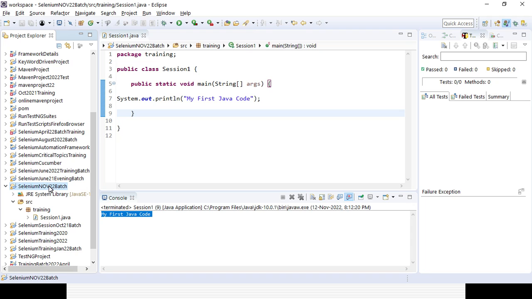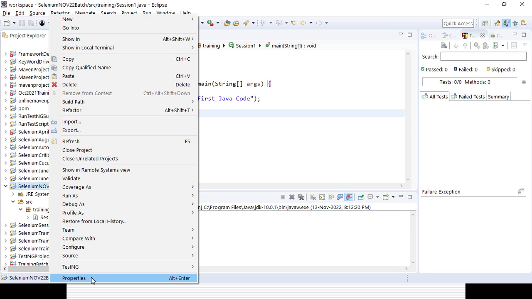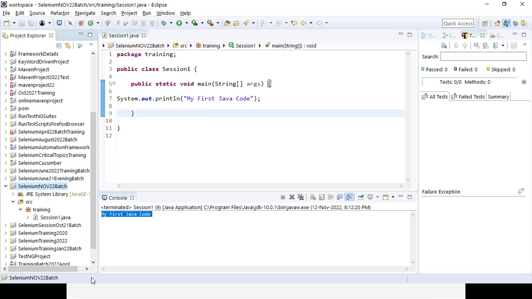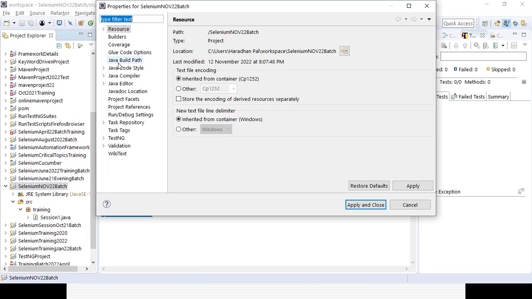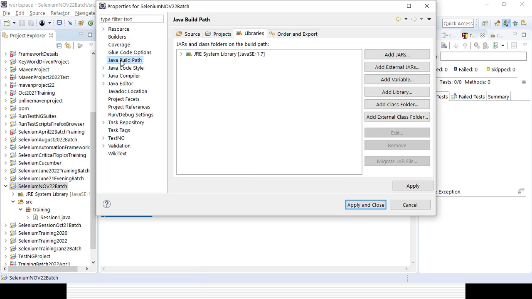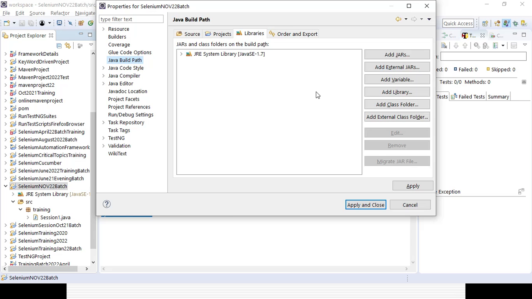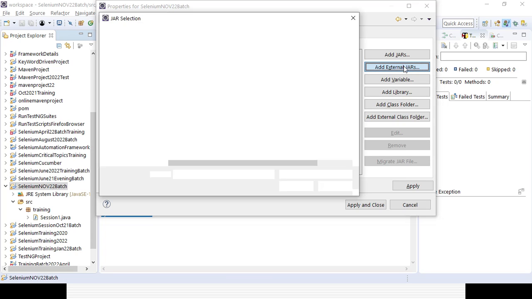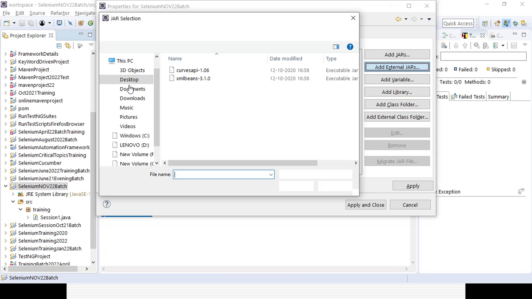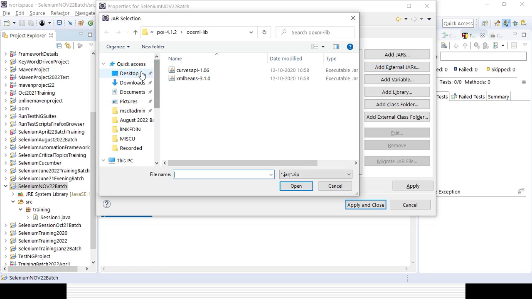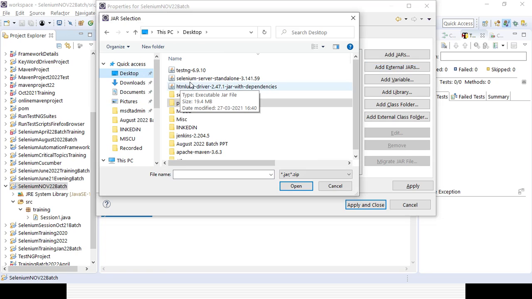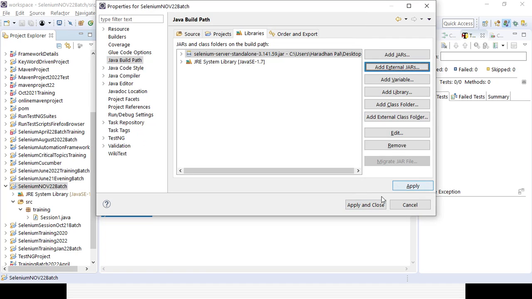Select the project, right click here, go to the properties, go to the Java build path. Okay, you no need to worry, it's already there. You need to click on the add external jars, and you need to select that Selenium jar file, and then apply and OK, close.